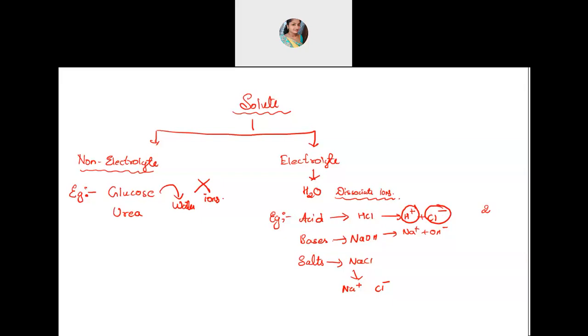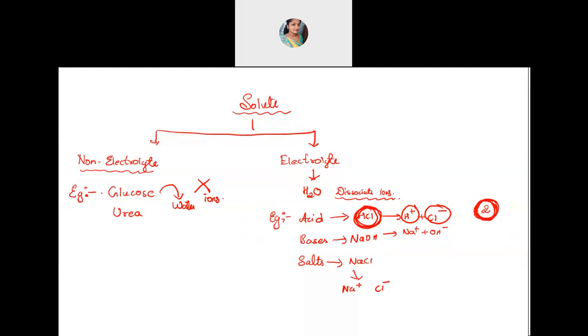If you calculate the molar mass of that, it will give you some other answer compared to the expected one. You will be doing the calculation for only one HCl molecule. But in reality, in the experiment, it is giving you one H plus ion and one Cl minus ion. So two particles are formed here. We were doing the calculation only for one, but experimentally it is dissociated into two. So your value will change.